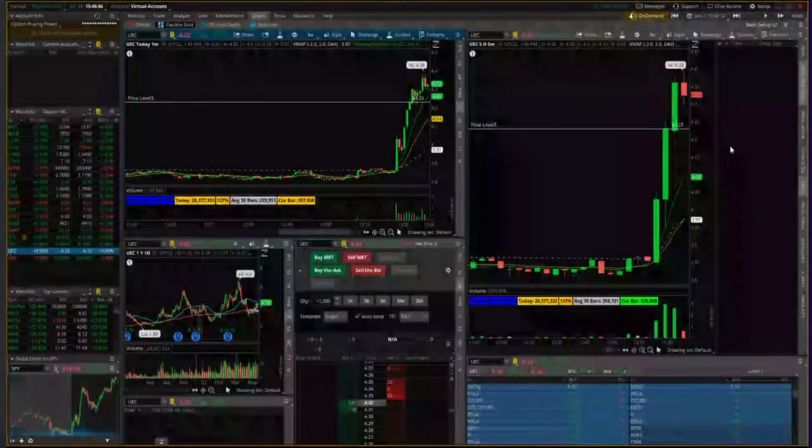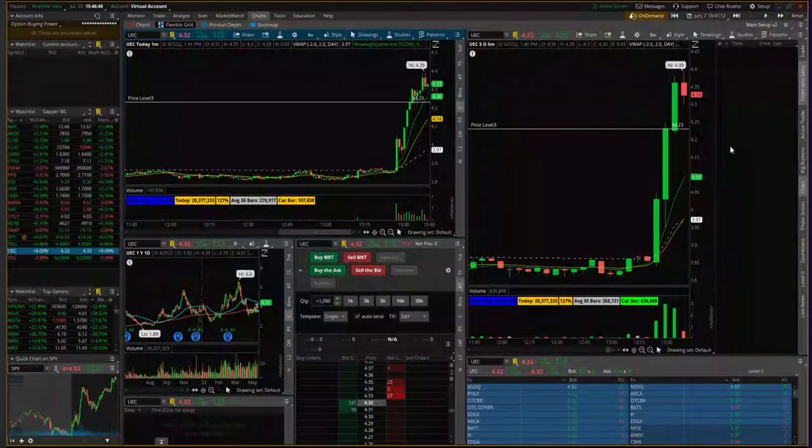And one of the reasons that I like using TOS is because, again, I'm typically just market buying, market selling, and what we'll see is,